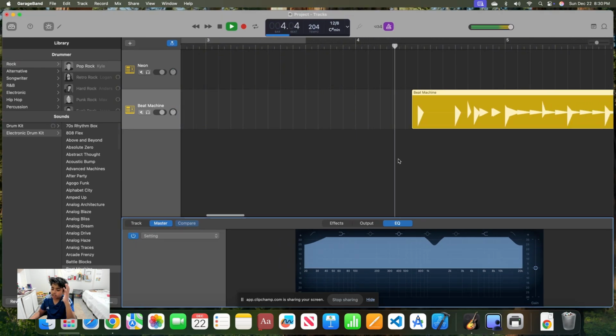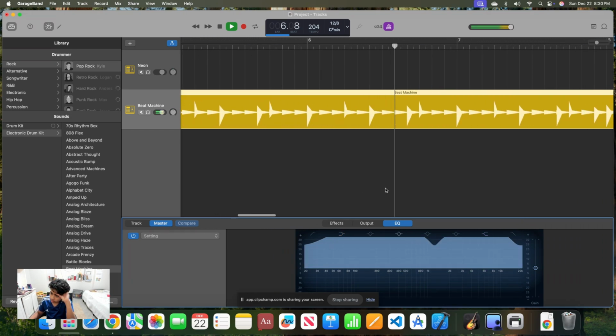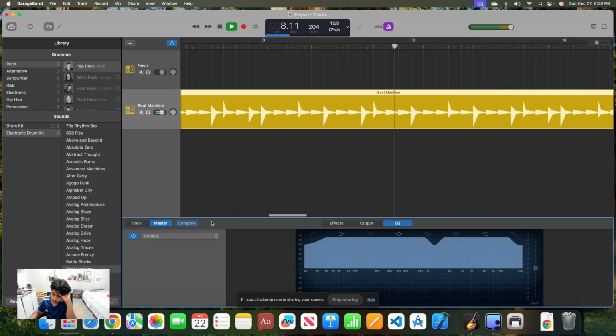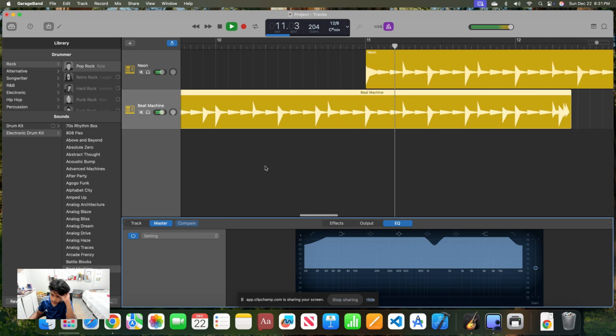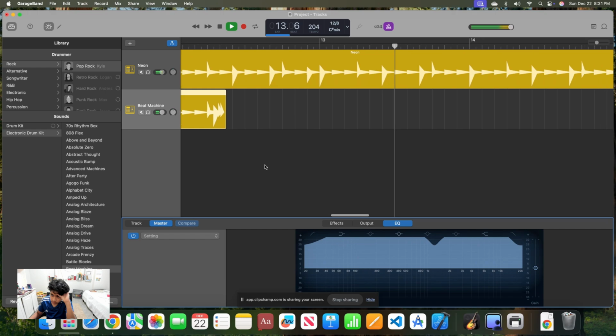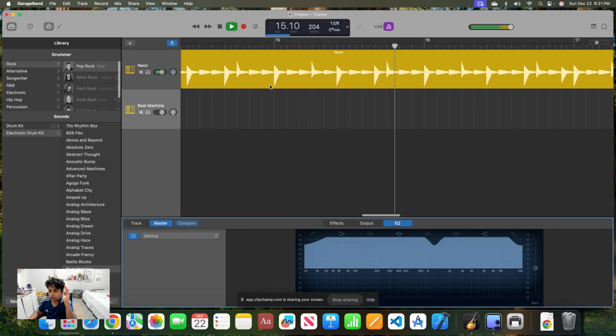I'm changing it while the song is going. Not the best combo, but pretty good. See, the beat's still going on, and if I turn it off,